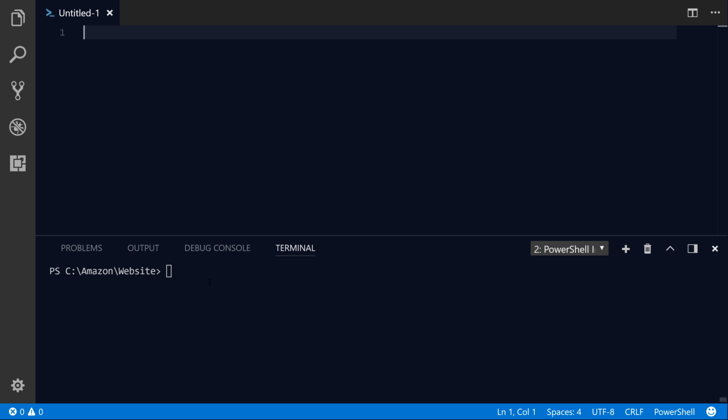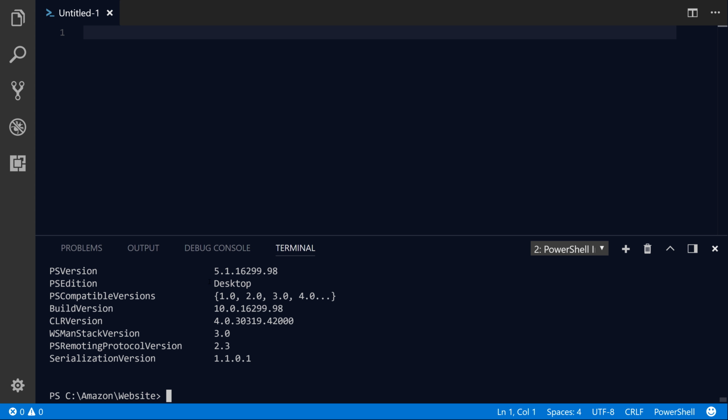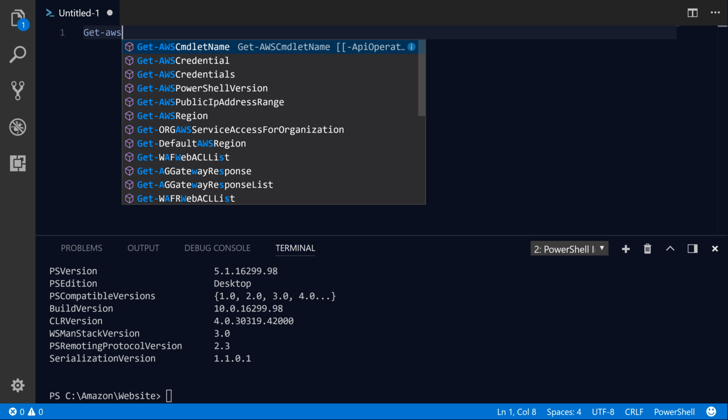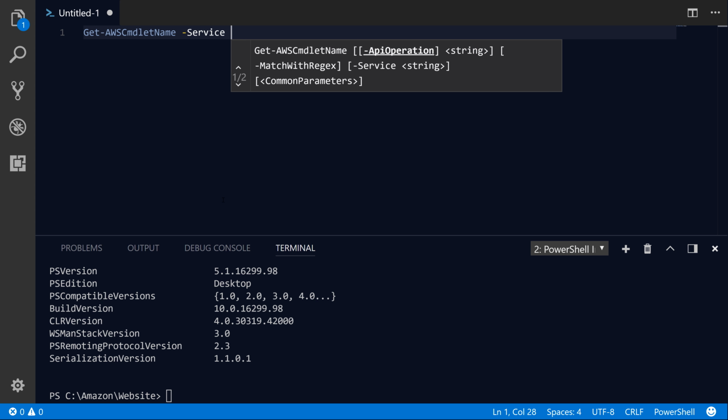I've got PowerShell running here in Visual Studio Code. It's PowerShell version 5.1, which is the desktop or Windows version of PowerShell. PowerShell runs cross-platform now on Linux, Mac, and Windows, called PowerShell Core Edition, and you can also run that inside of a container. But in this case, I have my credentials all set up on my Windows machine, so I'm just going to use it from here. Let's start out by calling the Get-AWSCmdletName